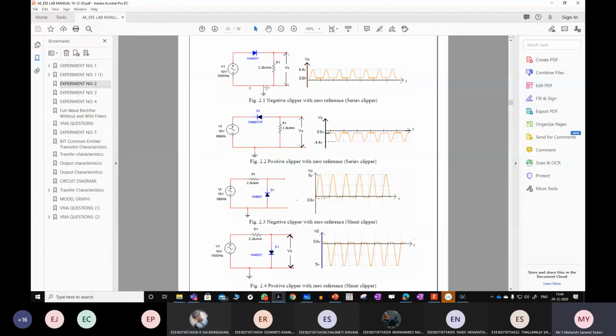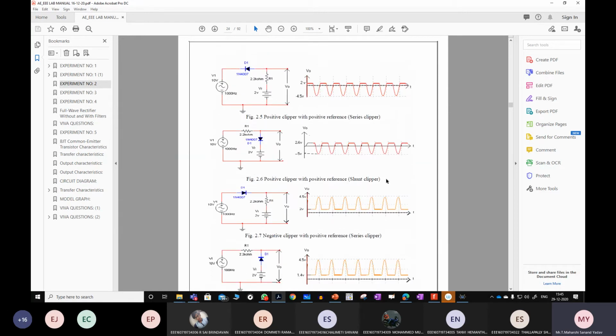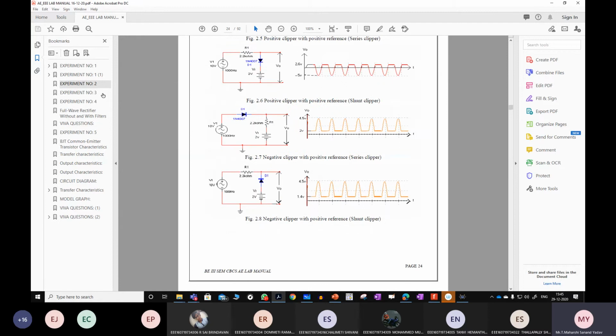So already we have learned it in the form of theory. Now directly, either you can use online simulation. Suppose if you are doing it in college, you need to connect the circuitry on a breadboard and analyze this by using an oscilloscope. You will see about this. First, let us complete the online simulation part so that if college is open, we can do it there. Okay, these are different types of clippers.